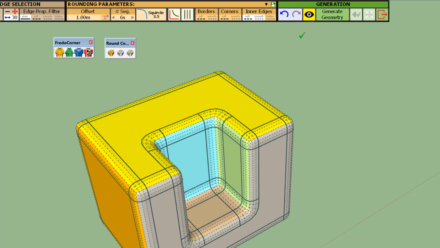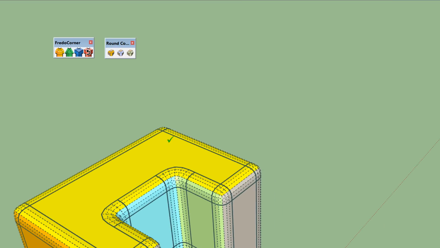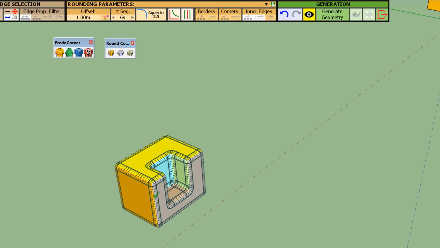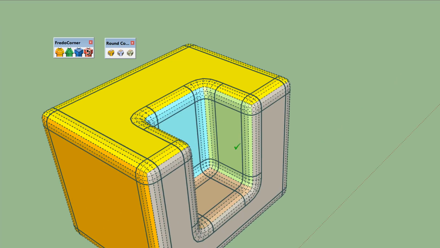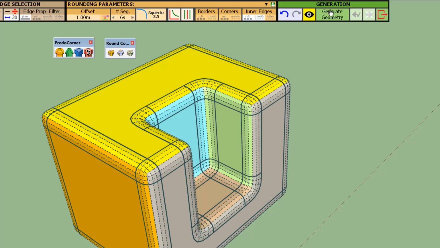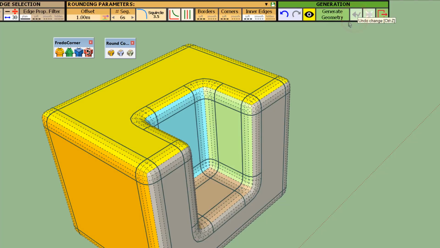So this allows you, before generation, to basically see what the model is going to look like. When you generate the geometry now, you obtain more or less what you had previewed. If you roll back, you go back to the preview mode.